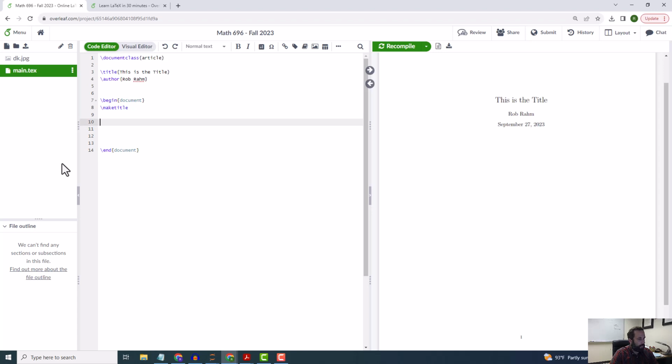So for italics, it's going to be \textit, okay, and this is italics. And now we can see that I don't know how to spell italics, but it'll spell check for you. The Overleaf editor will do spell check. So this is italics, and then for bold, it's \textbf. This is bold,